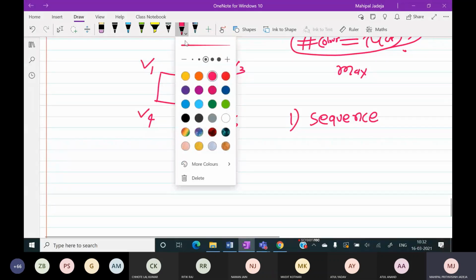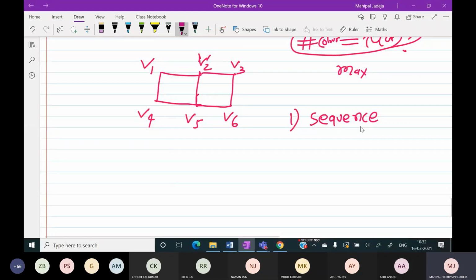So therefore the sequence doesn't matter, right? The sequence can be anything. That is the first thing. And now let's assume that after the ith iteration, we have already completed the ith iteration, and we need to say what we will do in the I plus 1th iteration, right? So what we know is that in each iteration we are going to color exactly one vertex. So after I iterations, I am sure that I number of vertices are already colored, right?